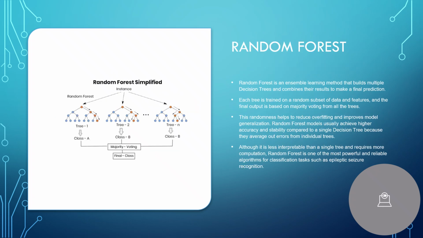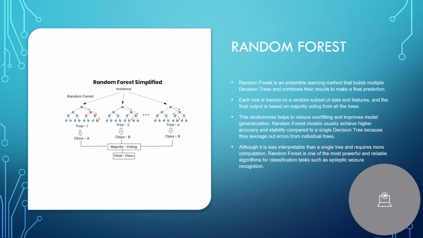Moving to our next slide is random forest. It's a powerful ML model, especially an ensemble of many decision trees. Instead of relying on a single tree, it builds multiple trees on random subsets of data and features and averages their predictions. This reduces variance and makes the overall model more stable and accurate. The random forest captures subtle electroencephalogram signal patterns that a single tree might miss, improving our generalization and reducing the risk of overfitting.